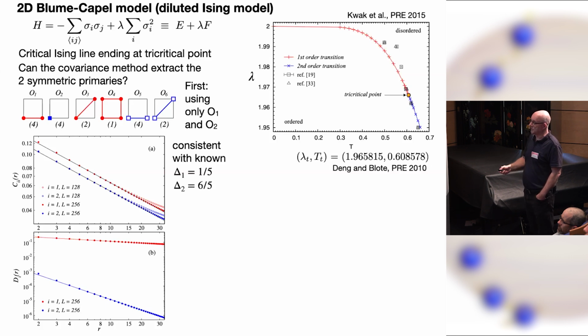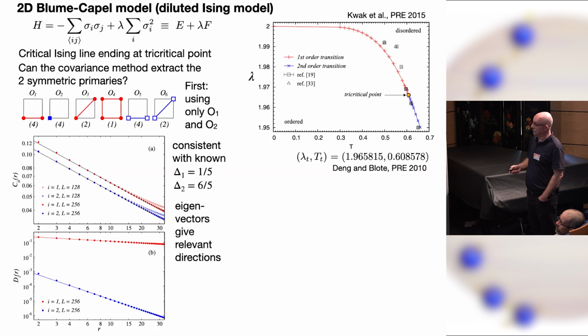And if you just do it with these two operators, which correspond exactly to this E and F here, then if you look at the eigenvectors, one of the eigenvectors, if you analyze it correctly, will correspond to going from the critical point into the first order line or into the continuous line. This can be useful when you analyze these critical points and locate them, to actually get these directions. So that I also checked